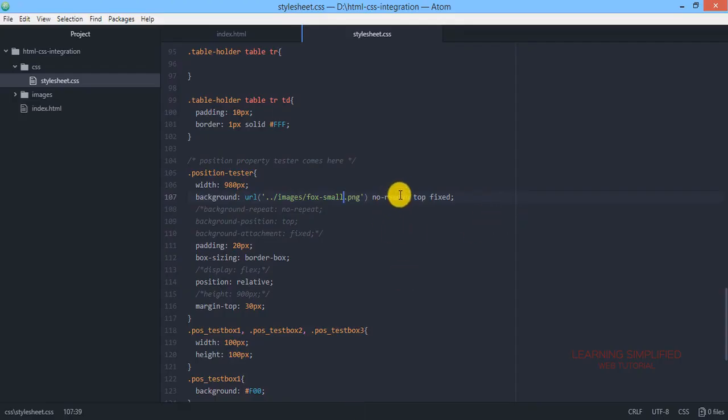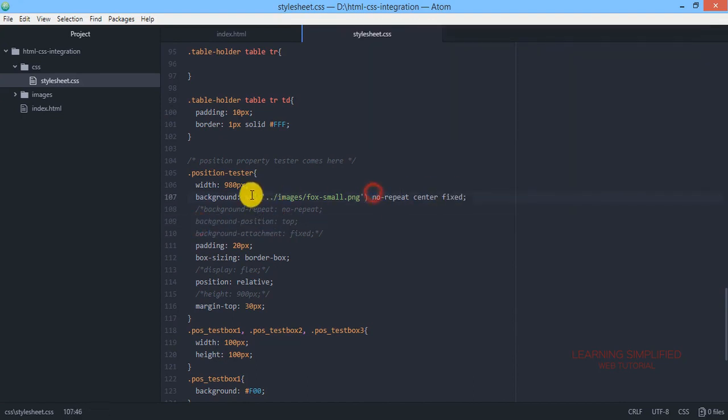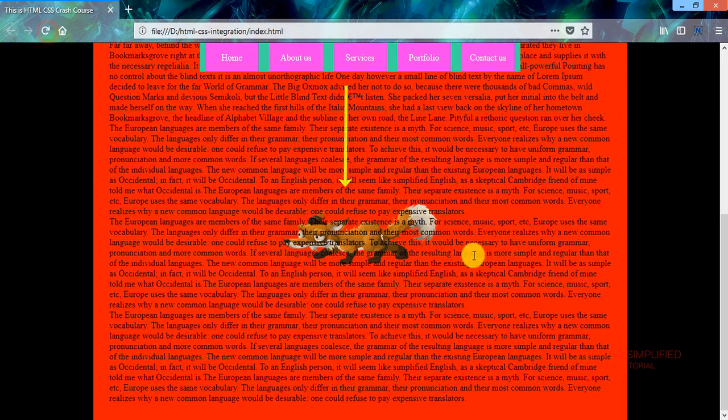And another thing, instead of top, now let's place it into the central condition. So we are stating that the background position of this particular image is center. Instead of top, it is now center. Now this particular syntax won't be working because it is practically being commented off. Now let's press Ctrl S and get back to our project and reload.